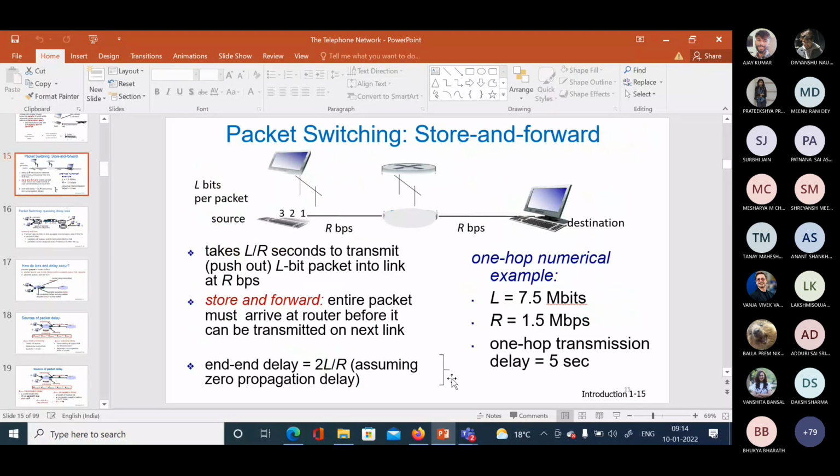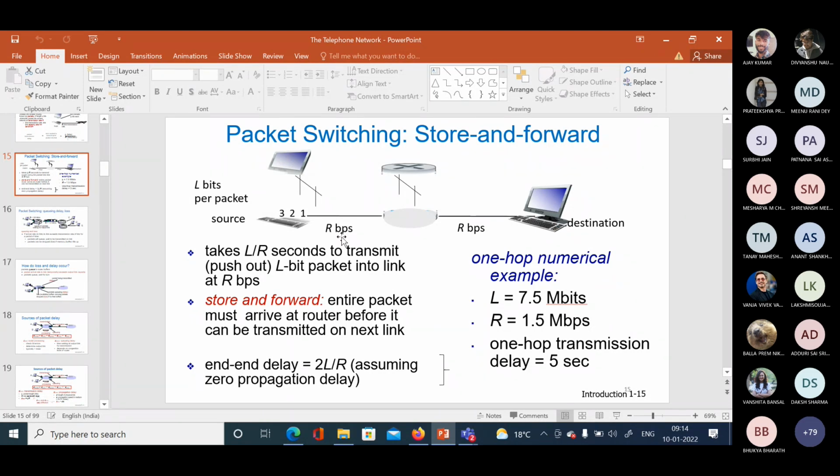All right. So this is one slide for packet switching, where basically the data that you are going to send is first divided into chunks which are known as packets. Then you send these chunks over to the medium. The medium can have any amount of system capacity or bandwidth given to it. That is R bps, as given in this diagram.